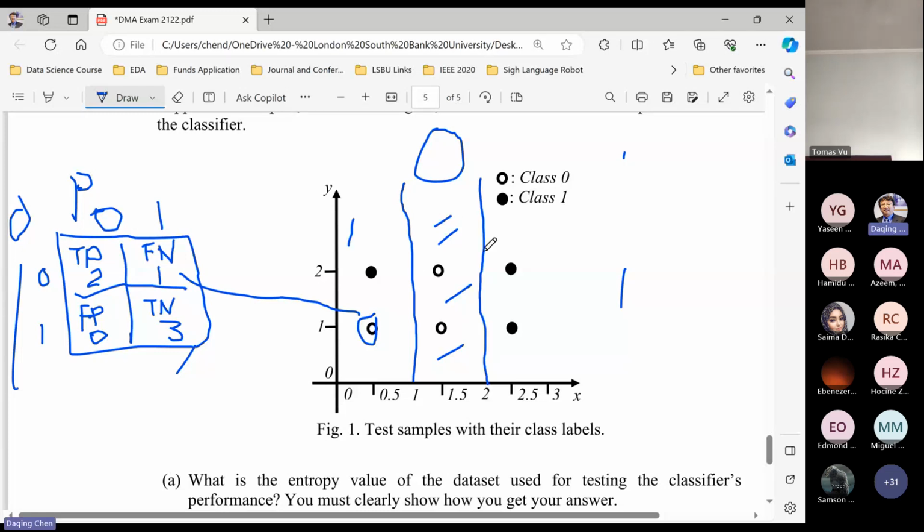They're not straight lines, here it's a curve, sorry. And inside of these 2 boundaries, class 0, outside class 1. Right? Then you can clearly say which samples have been classified correctly or incorrectly. So like these 2 samples, yeah, class 0 area, correct. This is incorrect. Okay, and this links to false negative. And all the samples from class 1, these 2 and that one have been classified correctly. So therefore, we have true negative